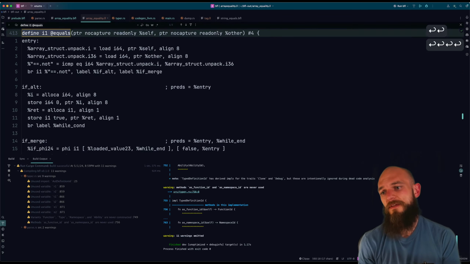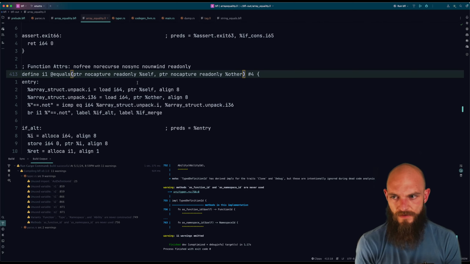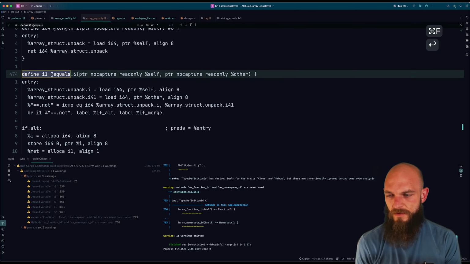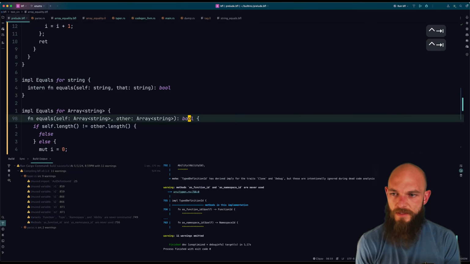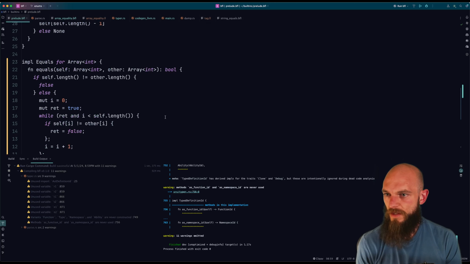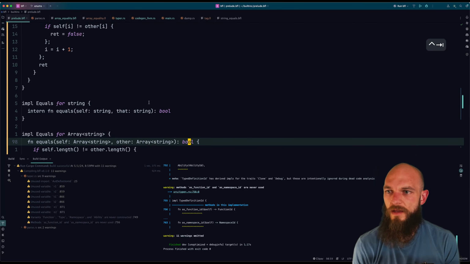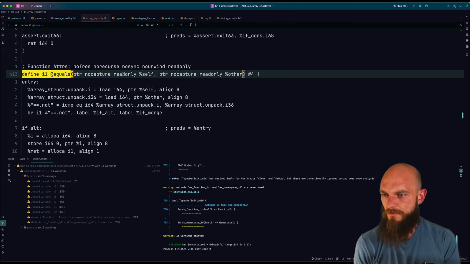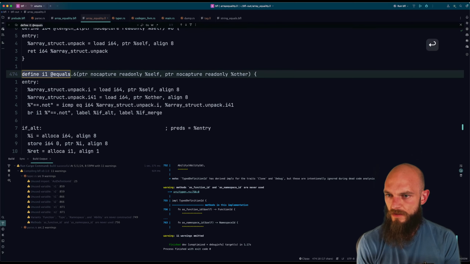Equals 6 and 7. So there's actually only 3. This is string equals. No. Well, okay. Whatever. They should be in the order. They'll probably be in the order that we did them here. So be array int, string, array string. And if we get back in here, that is array int. And that is